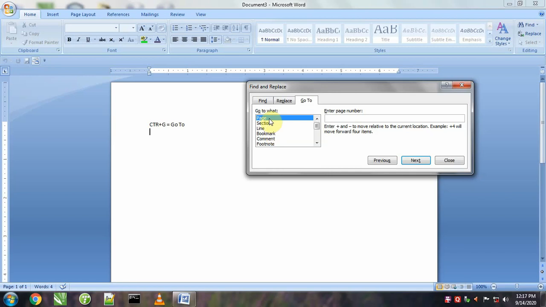We can go to a specific page with the help of the page number, or to a specific line with the help of the line number. We can search in document sections. With the help of a bookmark, we can visit different parts of the document, and we can use different types of values or fields to move through the document when it is very lengthy.